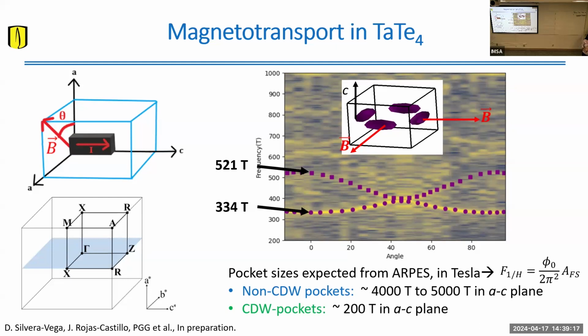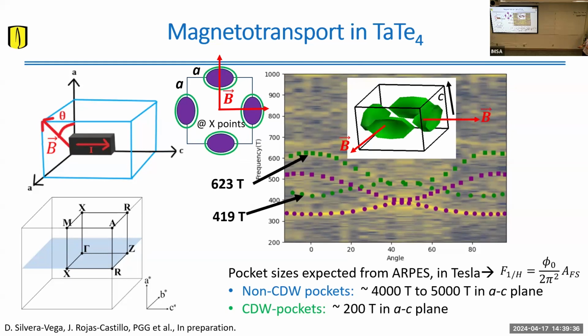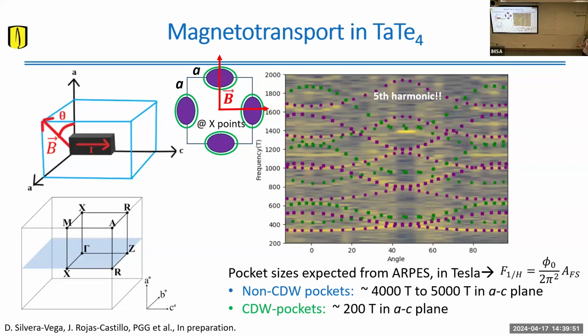Size-wise, it's not that easy. You can have a mismatch in the Fermi level in the system in DFT. From what I understand, it's very easy to have a mismatch in the Fermi level. So we are not comparing in terms of sizes, but in terms of the geometry or shapes of these pockets. So this is what we have here. Now we see a second set of evolution, which is much weaker, but has exactly the same kind of evolution as these original purple ones. And this is also predicted in the reconstructed Fermi surface that we have from DFT.